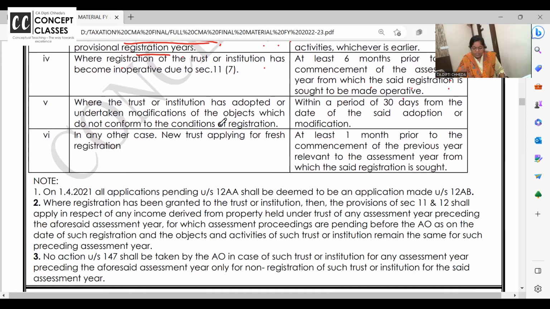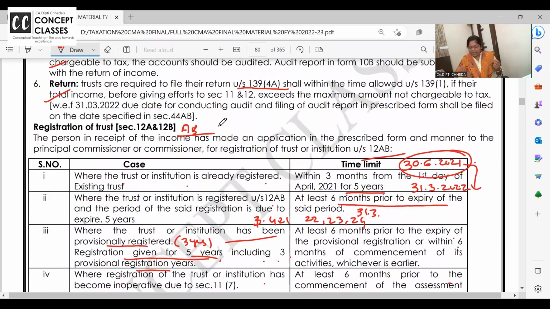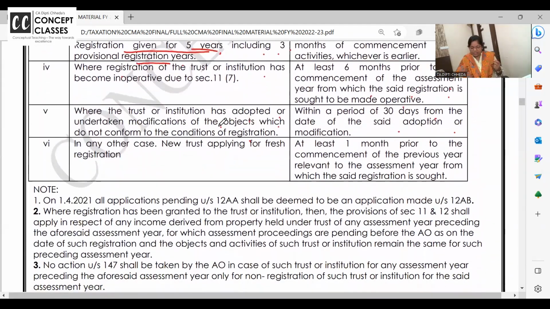Where the trust or institution has adopted or undertaken modifications of objects which do not conform with the conditions of registration, within a period of 30 days from the date of said adoption or modification, you need to make application for re-registration. This is important. I am a registered trust for yoga.